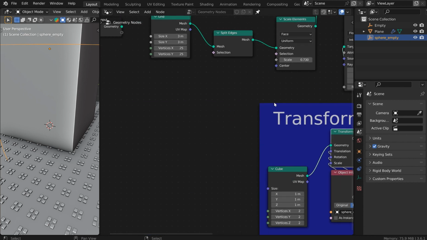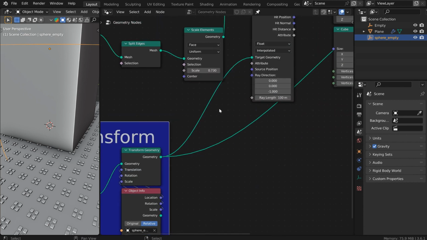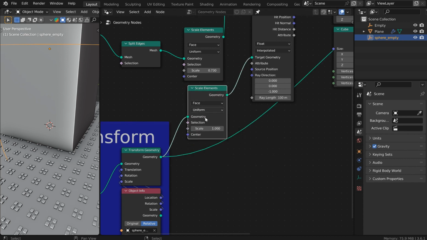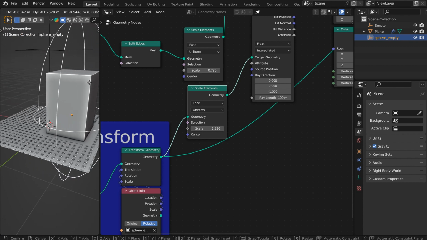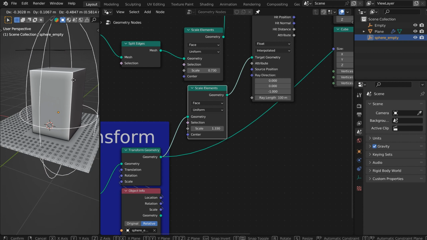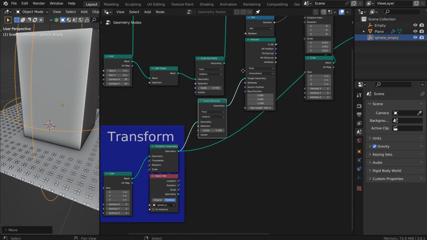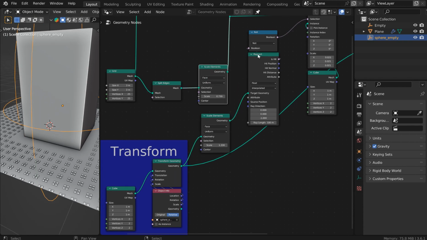And then in between that target geometry and the transform, I'm going to put a scale elements node. And this is going to give us a really quick way to use raycasting to kind of push these instances out away. And now when you take the empty and you kind of move this around, you'll be able to get a quick and good result out of that, which, if you're just kind of prototyping a scene,